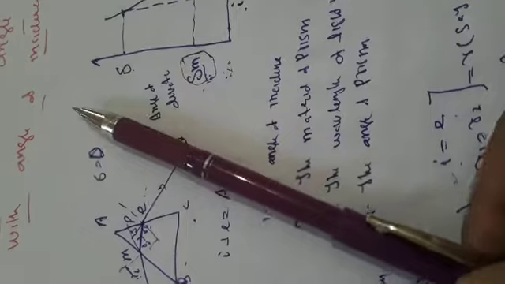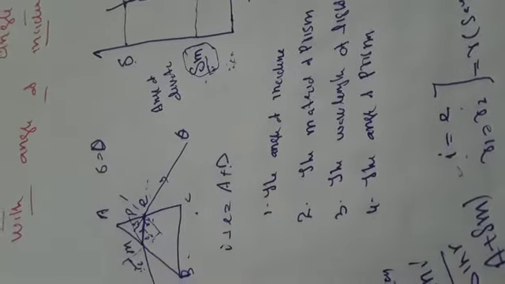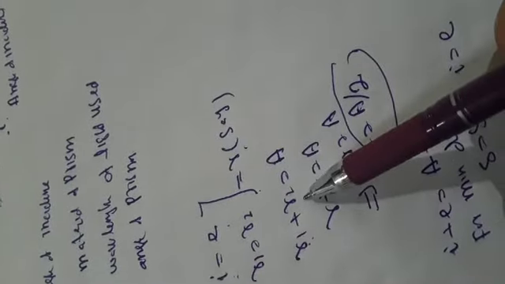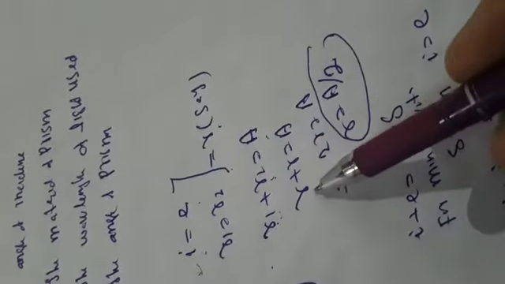When we place a mirror here perpendicular to the emergent ray, it will retrace its path. That means the ray which suffers minimum deviation passes symmetrically through the prism and it is parallel to the base. When the prism is at minimum deviation, angle I is equal to angle E, and R1 is equal to R2, say R. We know that R1 plus R2 is equal to A, so R plus R is equal to A.